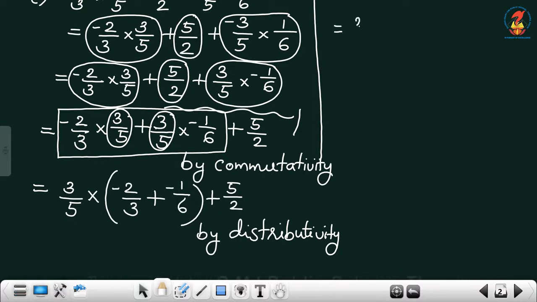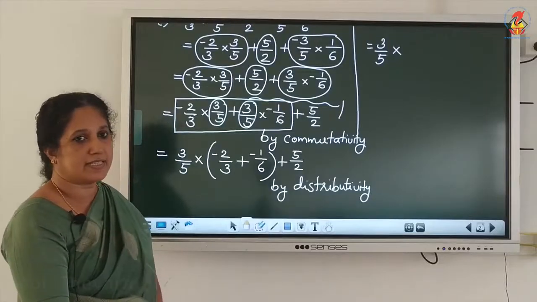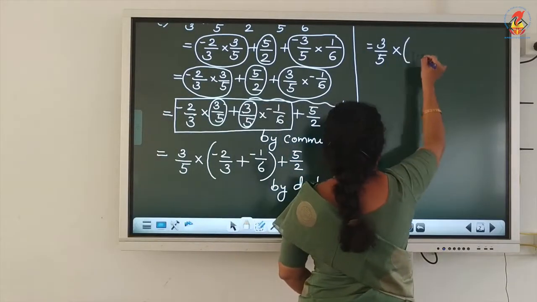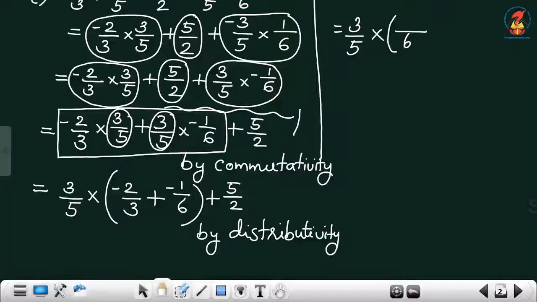Then equal to 3 by 5 into, you have to simplify negative 2 by 3 plus negative 1 by 6. Take the LCM of 3 and 6. What is the LCM of 3 and 6? It is 6. Therefore, we can write like this, negative 4 by 6 plus negative 1 by 6, then plus 5 by 2